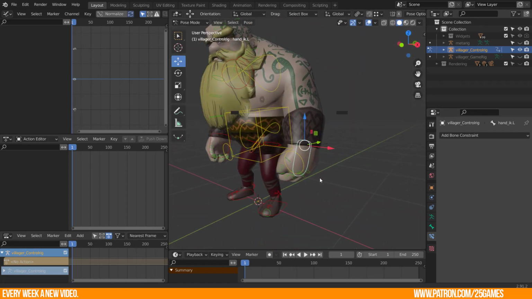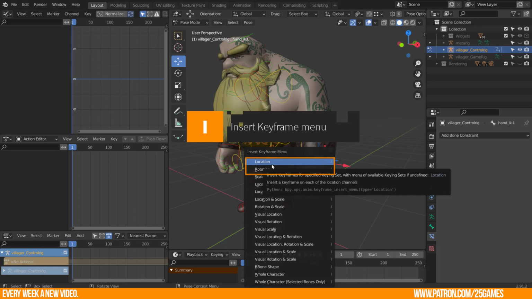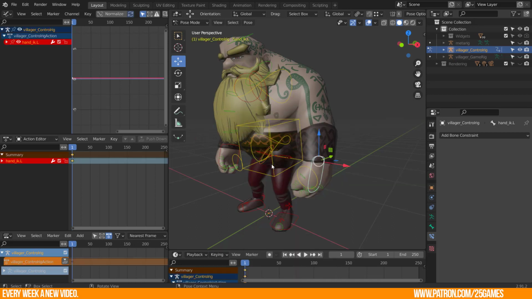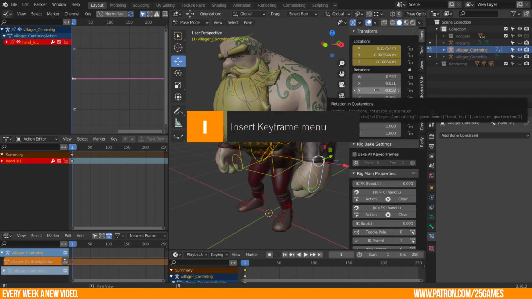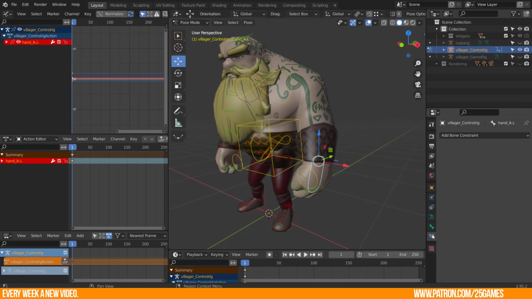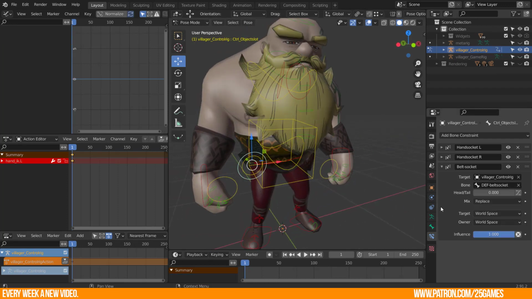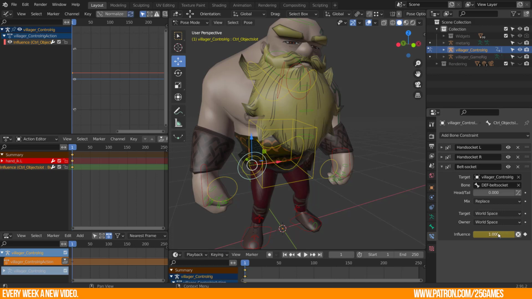If you like the pose, then use the I key to call up the insert keyframe menu. Basically I work only with location and rotation here. I haven't used the scale channel for a character so far. Location and rotation key the X, Y and Z channel. You can do the same by calling up the N panel, hovering over location, rotation, scale and pressing I to key this. And I will count this to the 3D viewport anyway. Key the influence value in the bone constraint property panel for your animation.